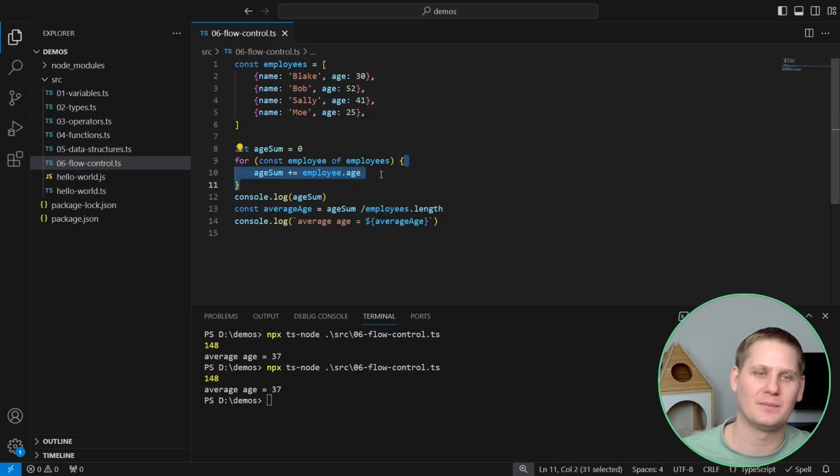for the next employee. So then it'll run this block again for Bob, age 52, and then it'll run it again for Sally, and then it'll run it again for Mo. Once it's ran this code block for each employee, it will exit the for loop and continue on to the next line of code, which is going to log the sum of all their ages. Afterwards, we'll compute the average age by dividing the sum by the number of employees, and then we'll log their